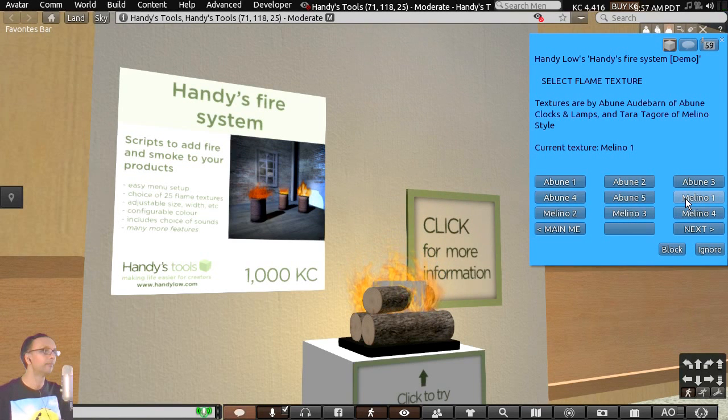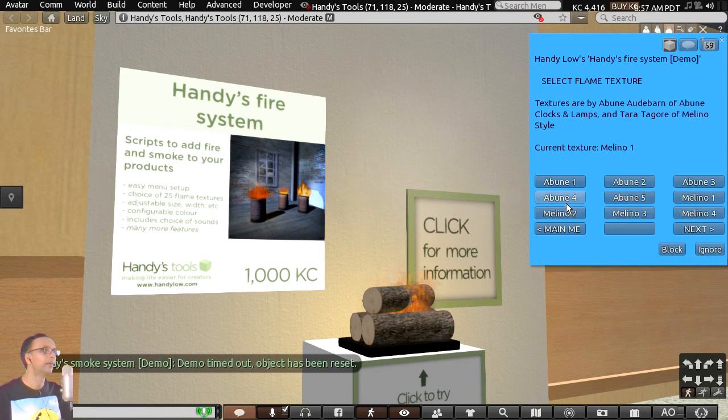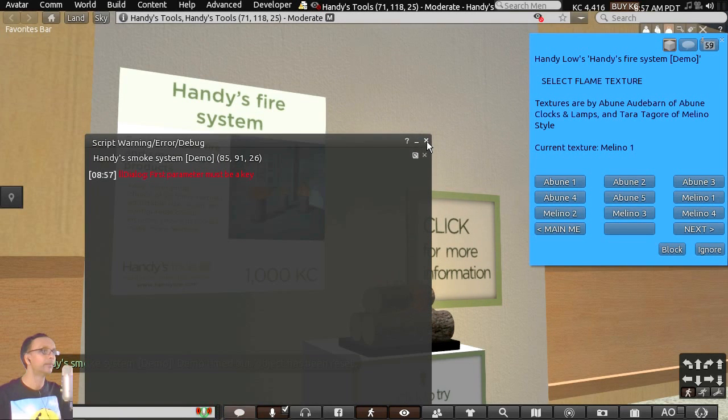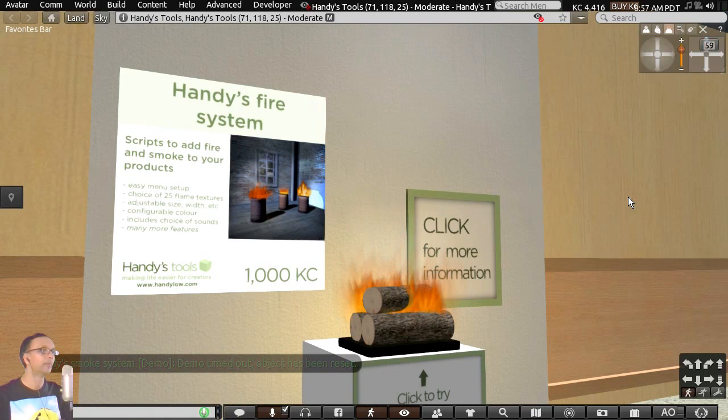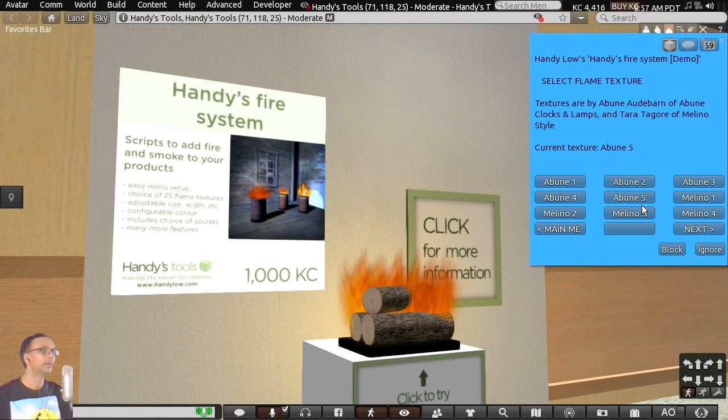Unfortunately, a vendor that's left Second Life now, but she had Molino, which was a place selling a variety of Arabic and Indian styled furniture. And she was a whiz with textures, and so she created some of the textures on this menu as well. And Boone made some of them as well, from Boone clocks and lamps that I mentioned earlier. So between us, we came up with what we could for different fire effects.